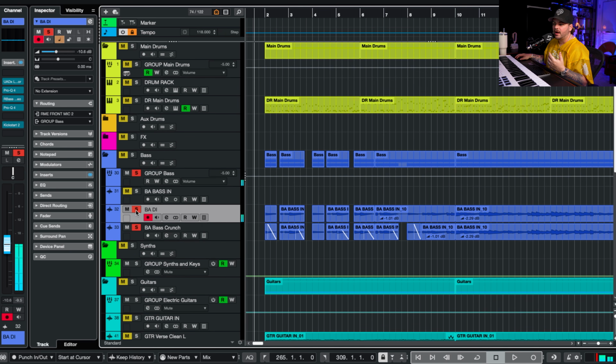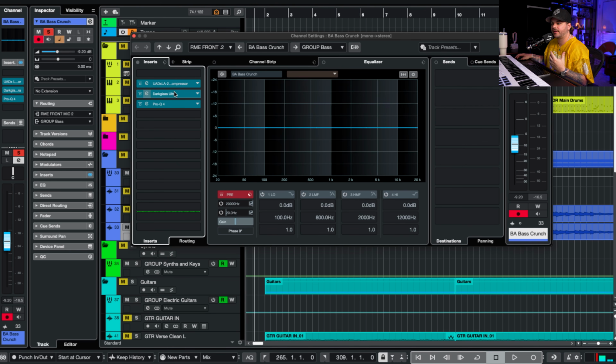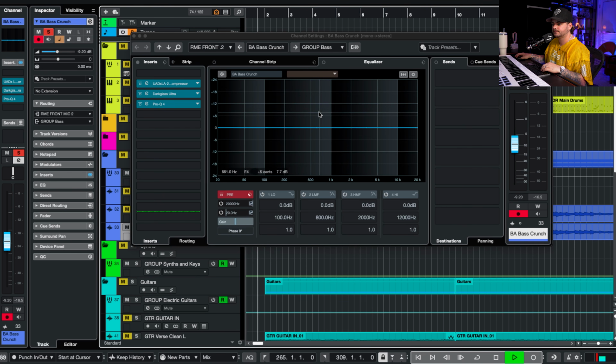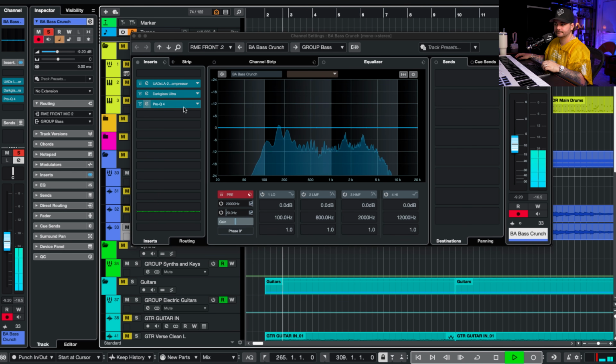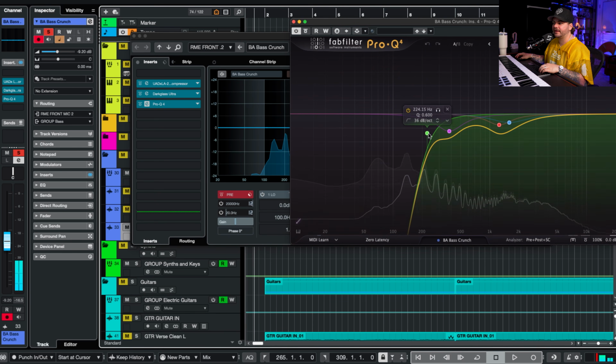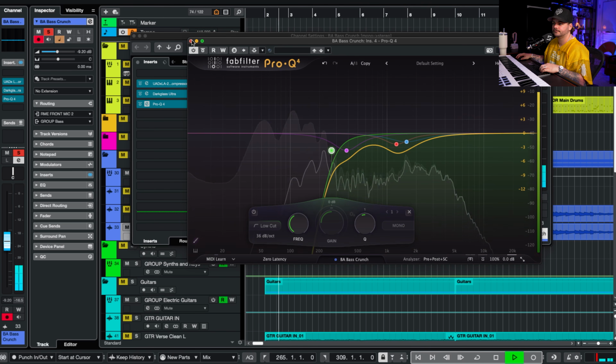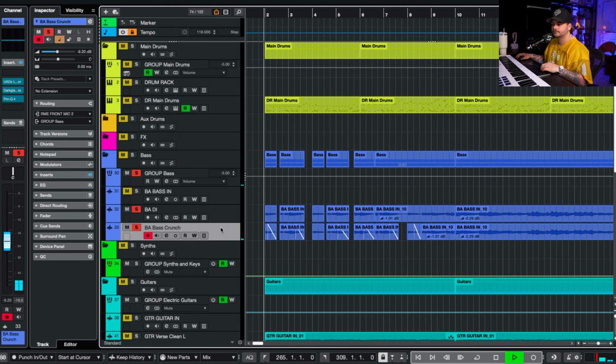feels super fat. I want to add a little bit of crunch and texture, so that's where I'm using something like the Dark Glass. This is also by Neural DSP, and I'm just using this on 100% blend. I'm just adding a bit of crunch. And then we're filtering out all of the low mids. So basically everything below like 280 is out. When you blend them together,